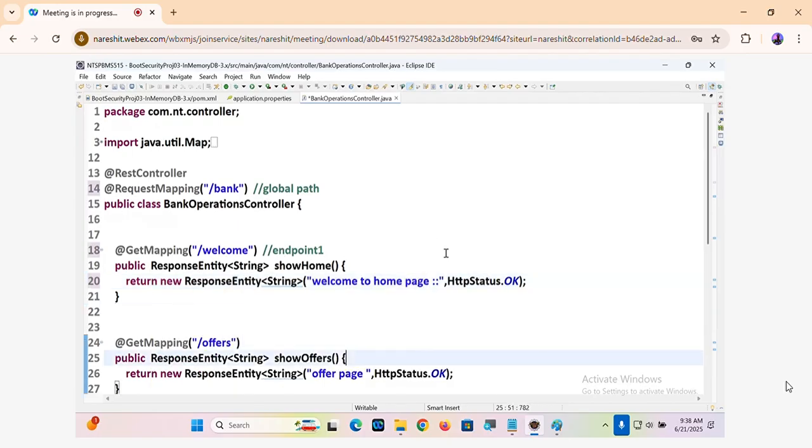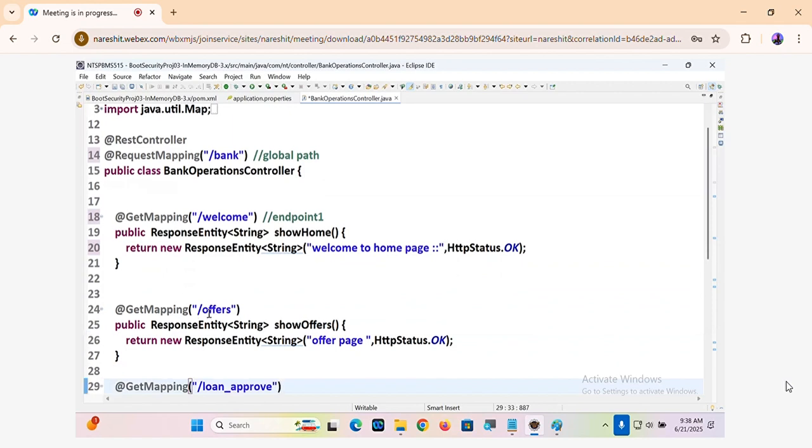Next one, @GetMapping offers. Okay, offers page, guys. That's great, guys. Next,